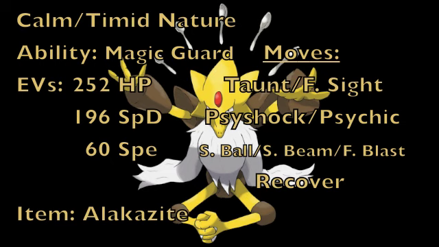But for the EVs, we're going to put 252 EVs into its HP to max that out, 196 into its special defense to make this Pokemon a bit more specially defensive, and then 60 EVs into your speed, which is going to do a couple of different things depending on your nature. With a Calm Nature, which is obviously going to be boosting your special defense, the 60 speed EVs allow Mega Alakazam to outspeed Pokemon of up to base 110 speed that are running max speed, allowing it to outspeed Pokemon such as Latios and Latias, and also be quite a bit more bulky because of your HP and special defense